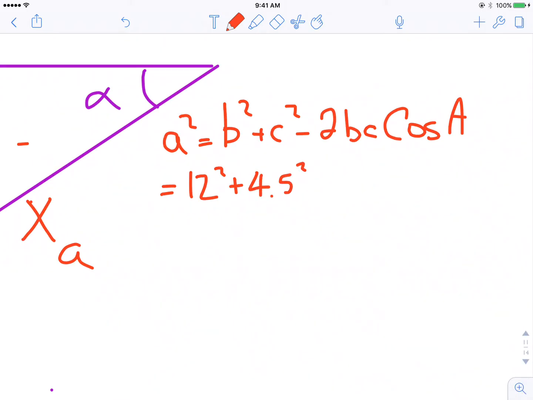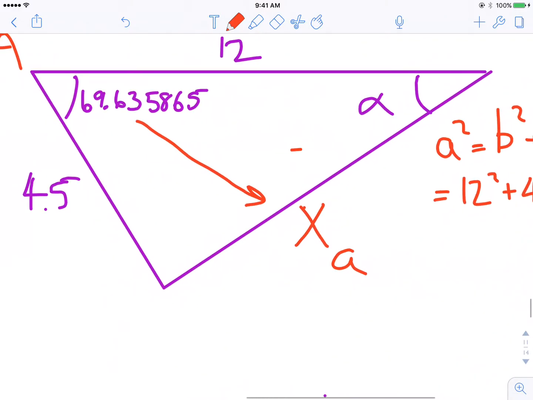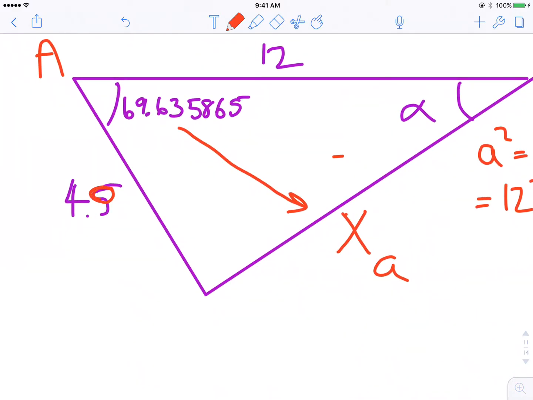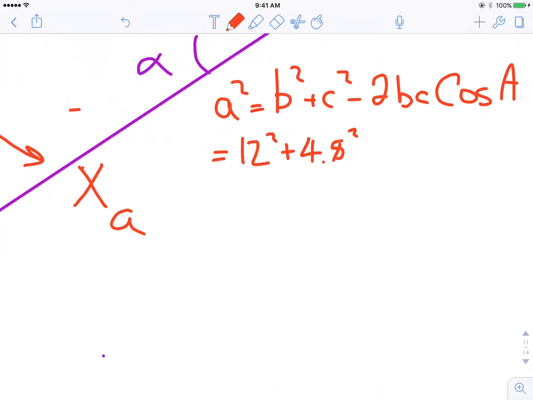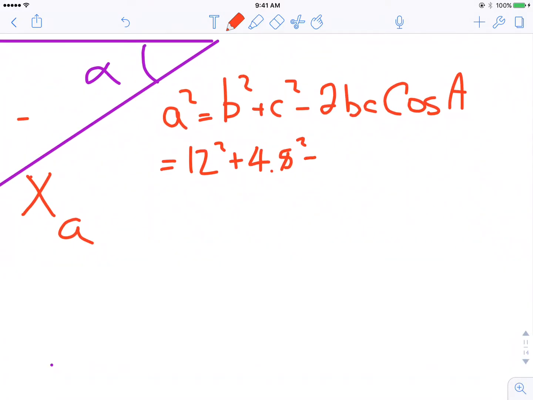Nope, not 4.5, 4.8. 4.8 squared. This should be an 8. Again, might have to redo this video later. 4.8 squared minus 2 times 12 times 4.8 times the cosine of